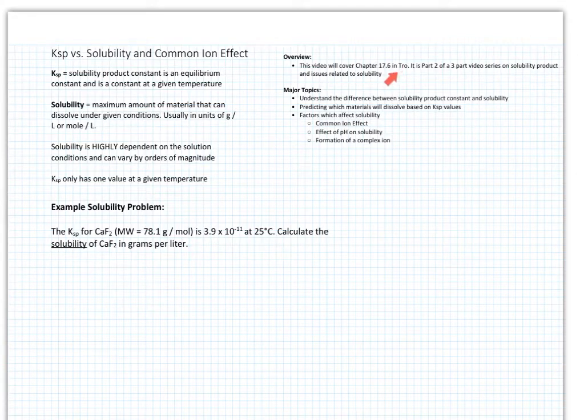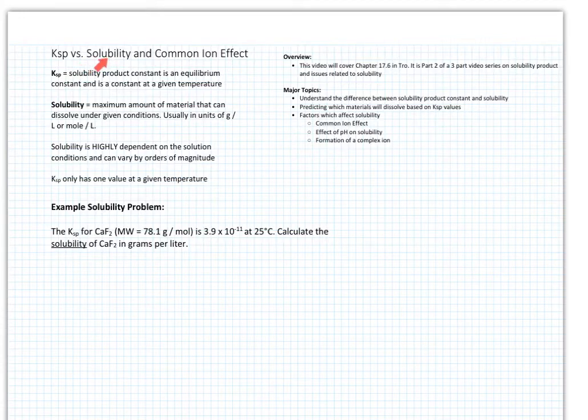In the first video, we introduced the idea of KSP, and we did a couple of calculations showing how you can find this equilibrium constant related to the solubility of solids. And we also related how that compares to the solubility rules that you learned way back in chapter 4 in General Chemistry 1. So the name has the word solubility in it, so you might wonder how KSP is related